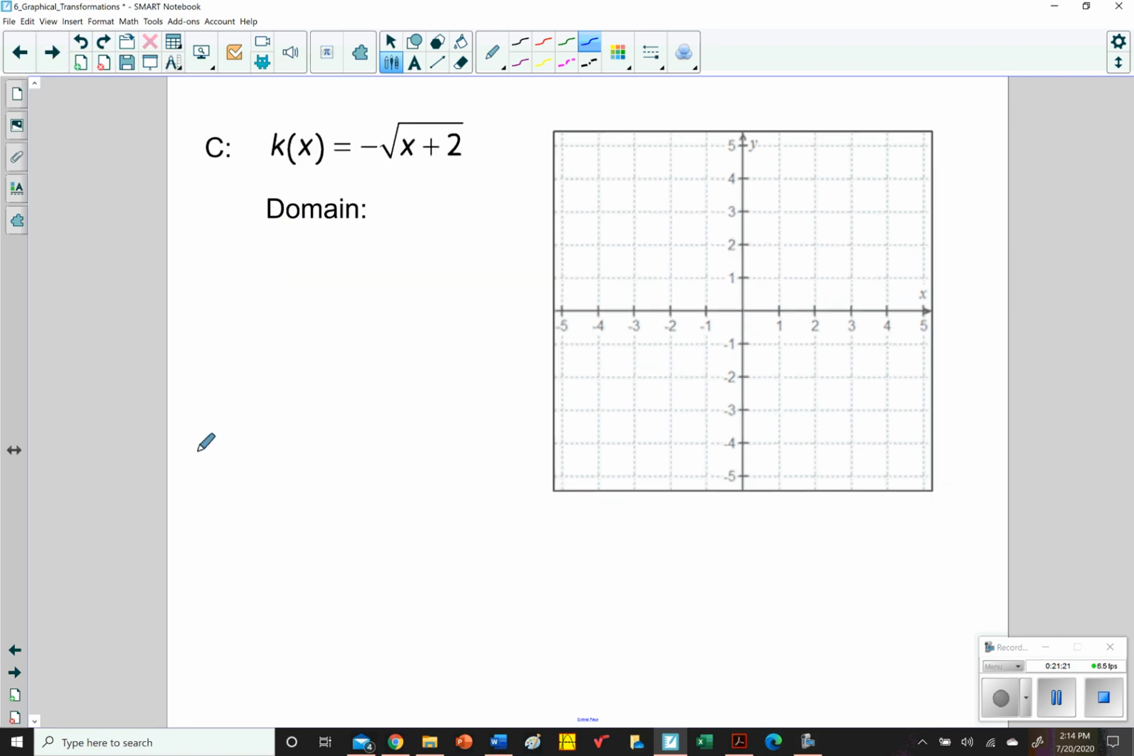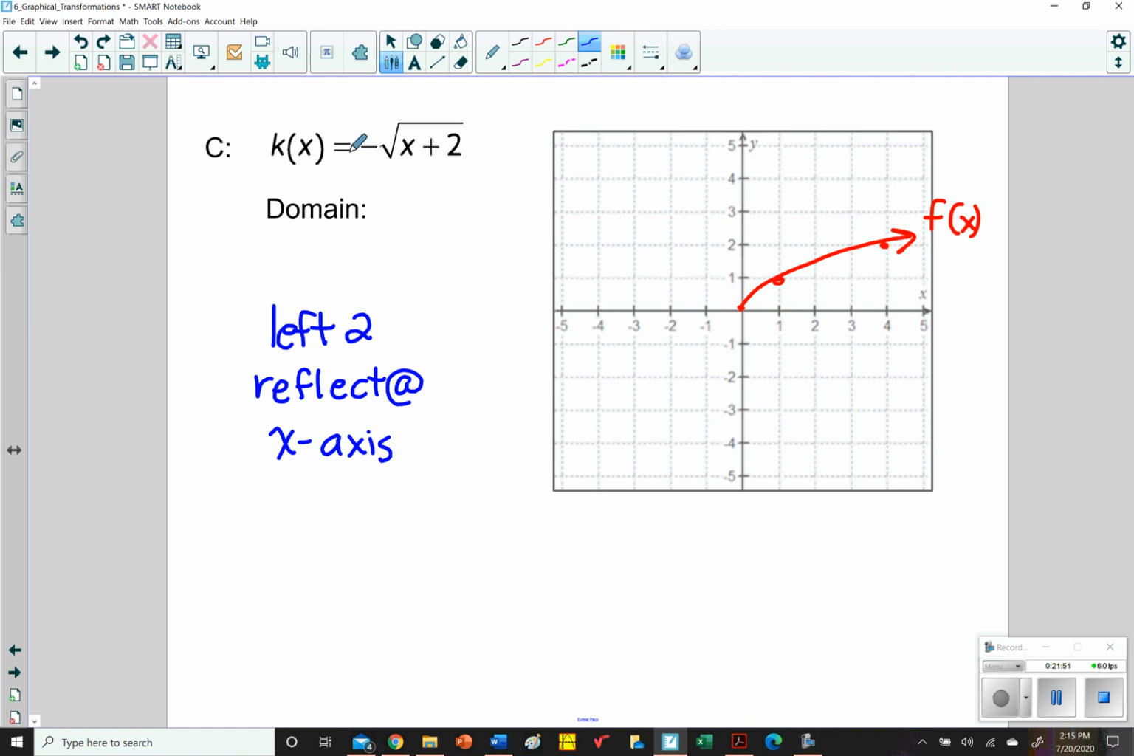And then our last one, again, a square root function in red. The parent is here, off to the right. This is our f of x. And k of x is going to reflect over the x-axis and shift left 2 units. So we say left 2 and reflect over x. Reflect about the x-axis because we're changing the y's. So left 2, and instead of going this way, it's going to go downward